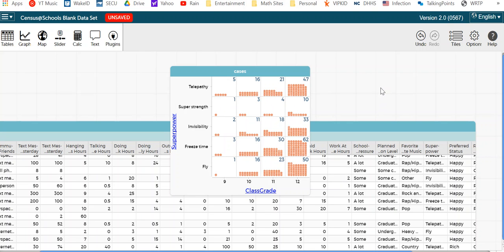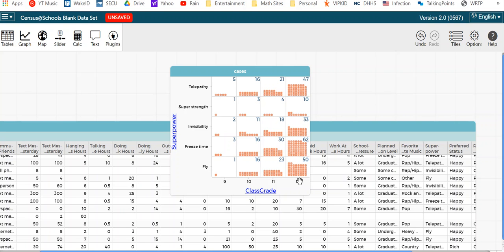And likewise, asking the most favorite. I'm looking really to freeze time is, you know, the highest in each grade. 62 here, 30 here, 16 here. Only in ninth graders did more of them want telepathy, but you know, if you were to add this together,